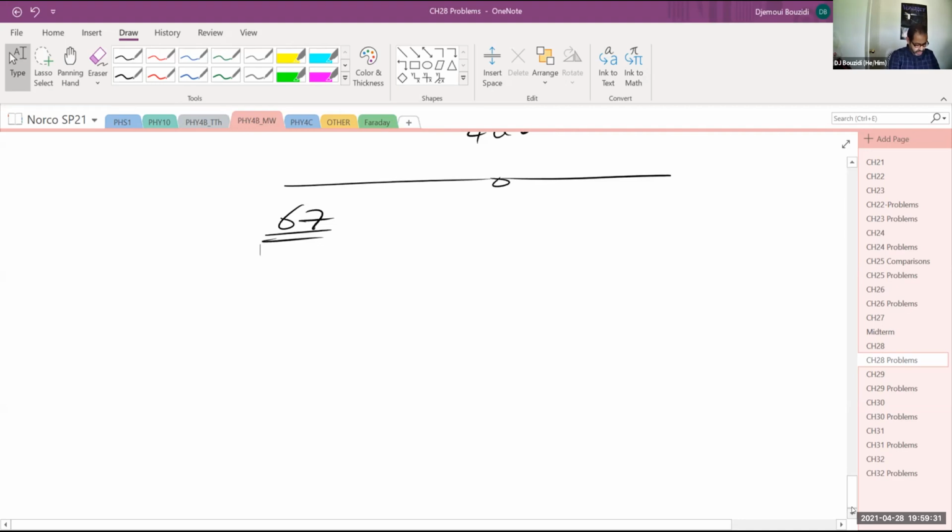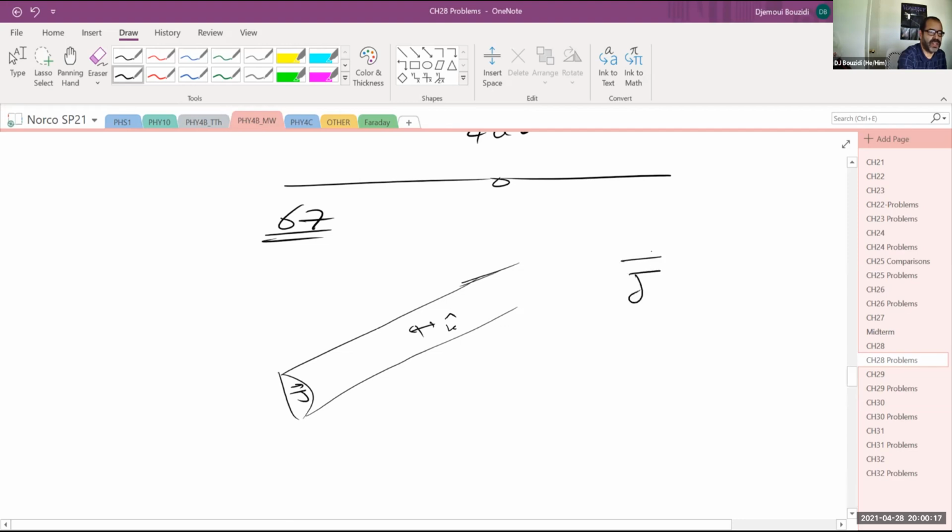So problem 67: a long straight cylinder oriented with its axis in the z direction carries a current whose current density is J. So we have a cylinder along the z direction. Oh no, that's actually not along the z direction. Here it is. Okay. And it's a long one, and it has a current density J in it. And J is pointing in the direction of where the current is pointing. Okay. So if this is the k hat direction,